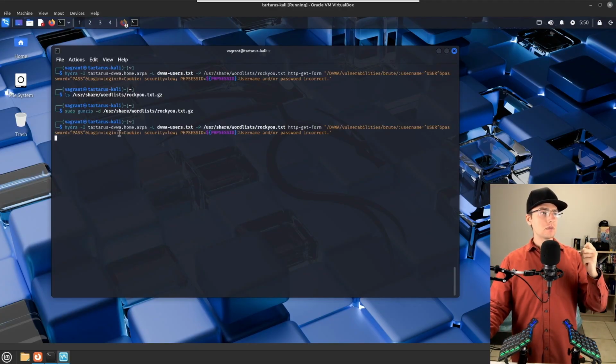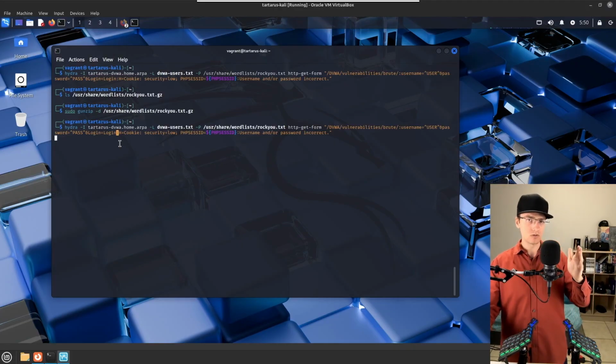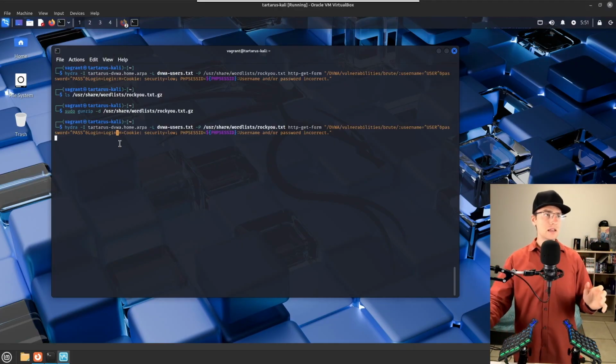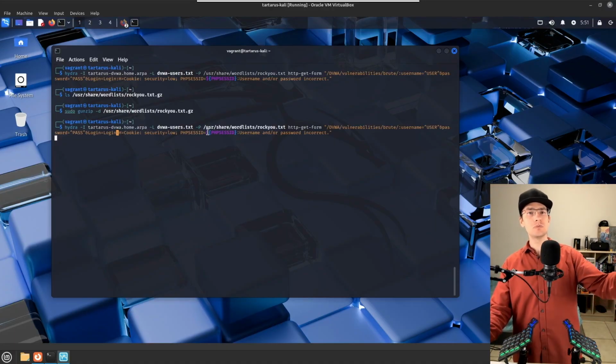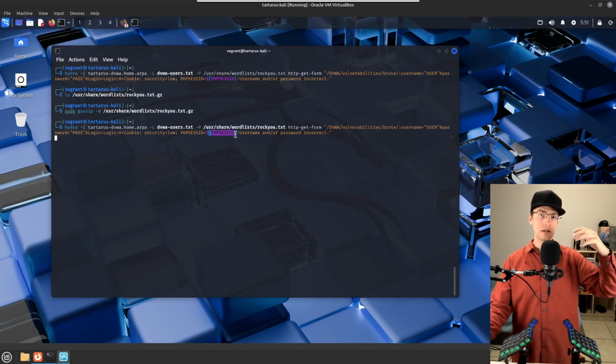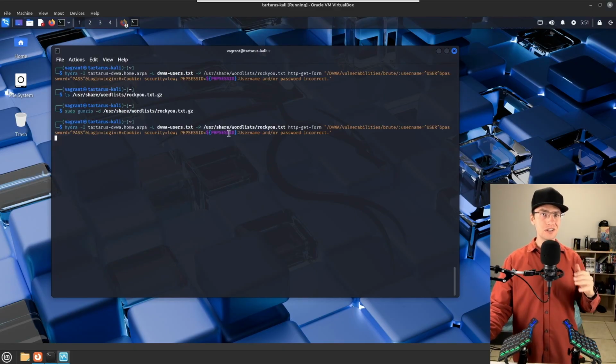The header, then this is the sort of space, so there's spaces between these things. The cookies, we want to set the security to low. Then we want to finally incorporate the PHP session ID. So this is a variable that we just filled in. We'll now substitute through the command substitution to be the right PHP session ID. And then finally, we want to specify